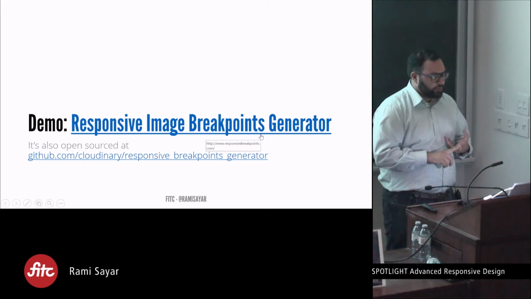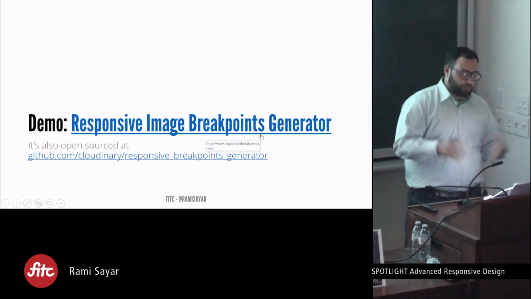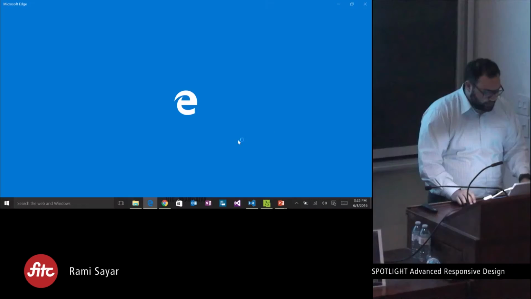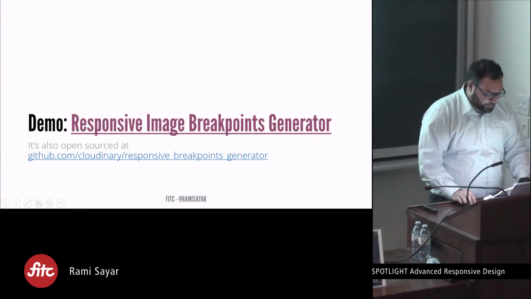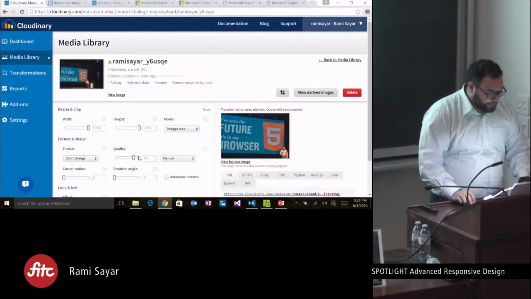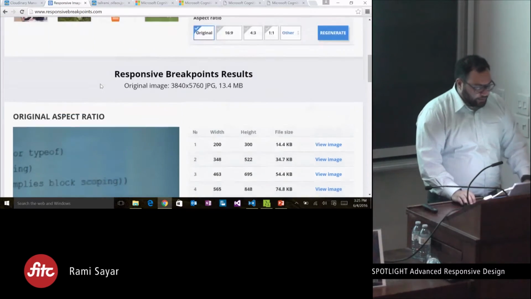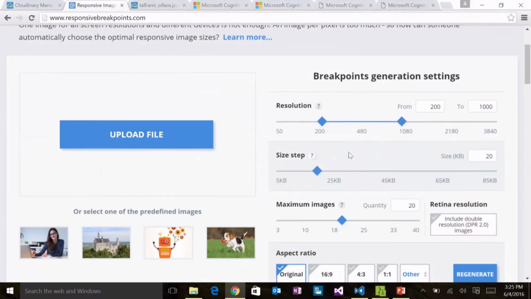use this new tool that was surprisingly open sourced by Cloudinary, and I actually have it loaded up. It'll generate the breakpoints for your image. So let's say that I upload an image. I can set the max resolution that this image should expect. In other words, I know for a fact that I'm not going to cover more than a width of 960 pixels in my web design, because that's the max container width that I chose, right? So I can actually tell